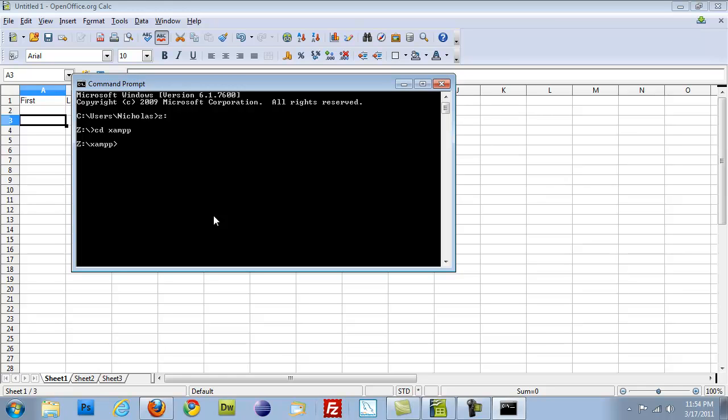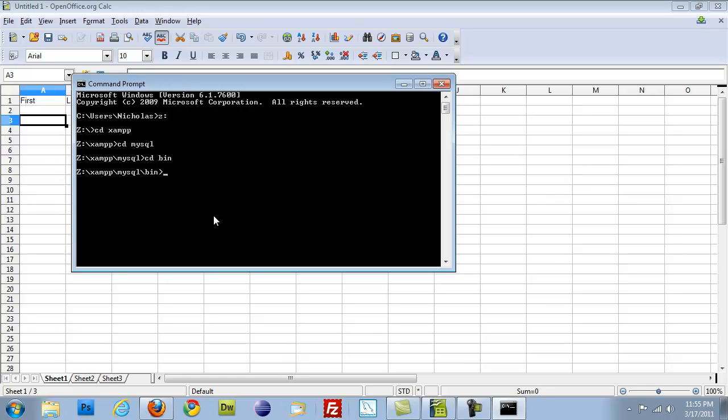For those of you who don't know that much about command line navigation, cd is just to change directory, and to go back up one level, we just do cd .. and what that's telling me is from my current location, I want to go back one space. So that's how we do that. From the XAMPP directory, we're going to go into the MySQL directory. And in here, we're going to go into the bin directory. And this is where the MySQL